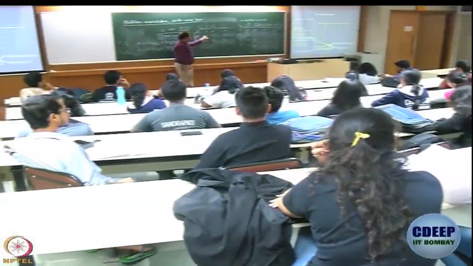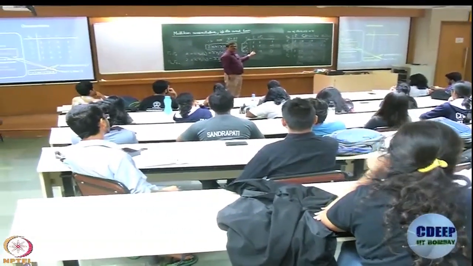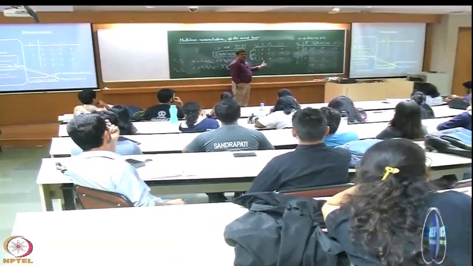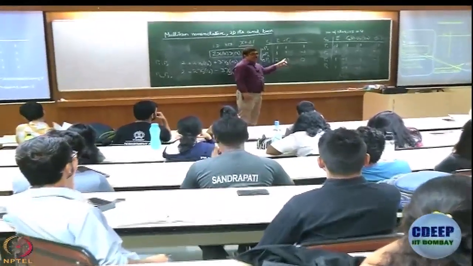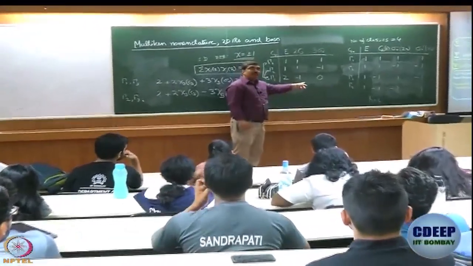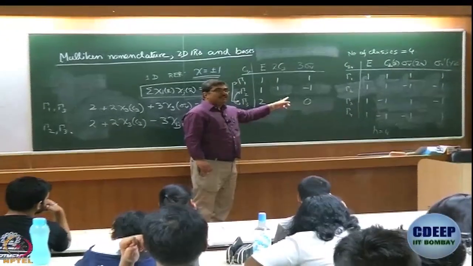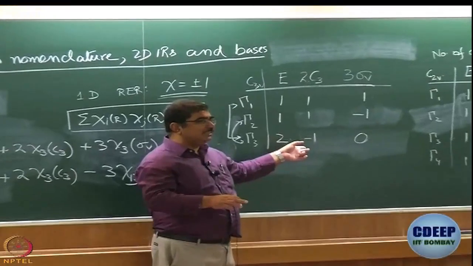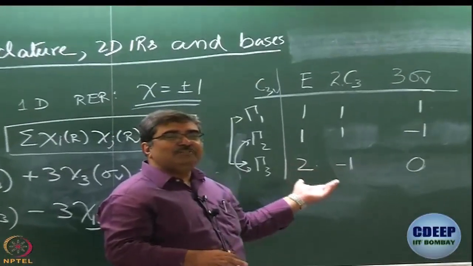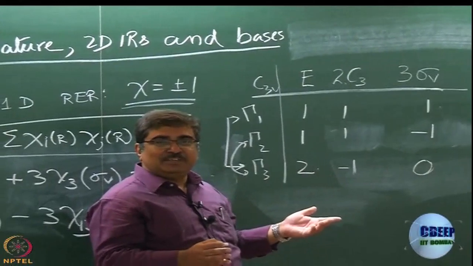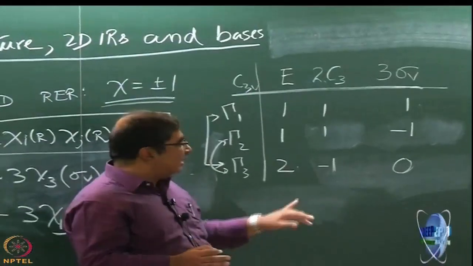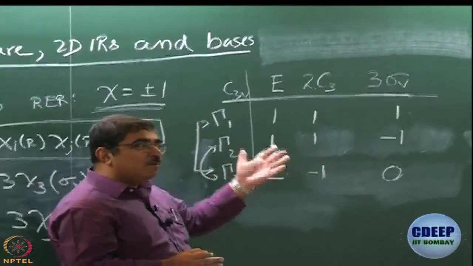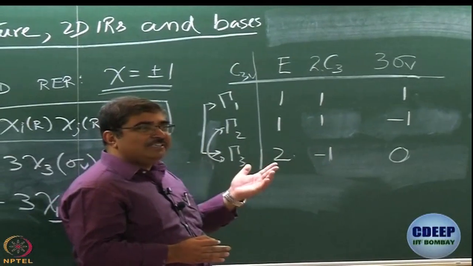So, now here for the first time we have a 2-dimensional representation. First question we want to understand is what is the meaning of this 0? What is the meaning of this -1? Is 0 annihilation operator? And those of you who have gone through the old questions would see that this is something that I have asked in the past. What is the meaning of this 0? What is the meaning of this -1? To understand that, we need to go back and look at the matrices.